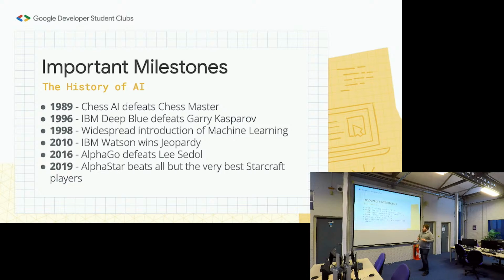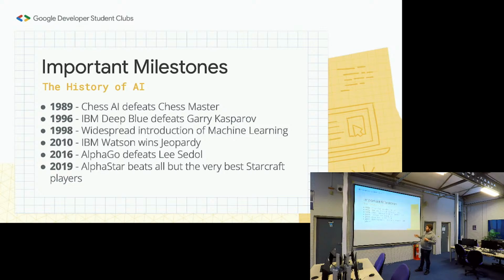By the late 1990s, machine learning had pretty much gone into every industry in the world. This is when you had your boom of the web and also of data analytics as an industry and data science really booming off. Then by the late 2010s, IBM Watson, which was the successor to Deep Blue, wins Jeopardy, and then into what is around now. The big AI company is Google's DeepMind, and DeepMind has a product called its Alpha series,